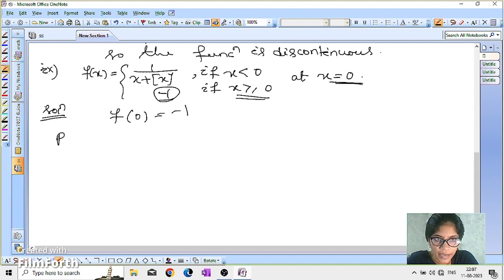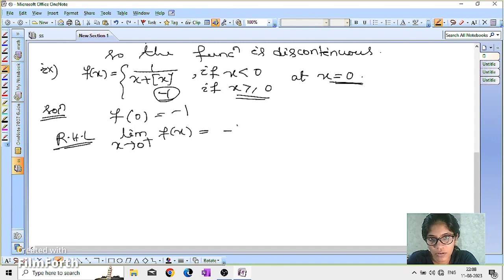We have to check the right hand limit, meaning limit x tends to 0 plus. So 0 plus means greater than 0. Here the function value is equal to what? Minus 1. f of x is equal to minus 1. Left hand